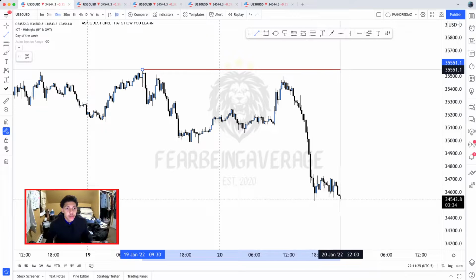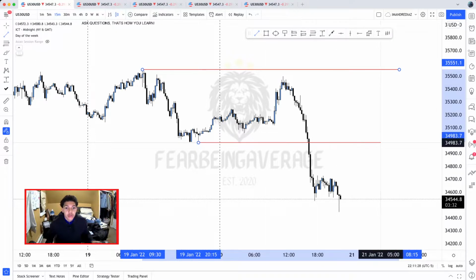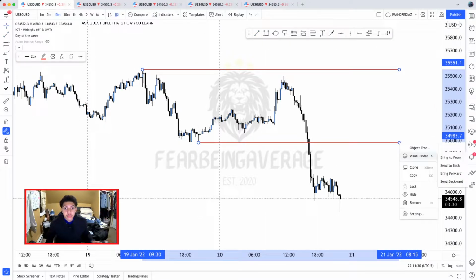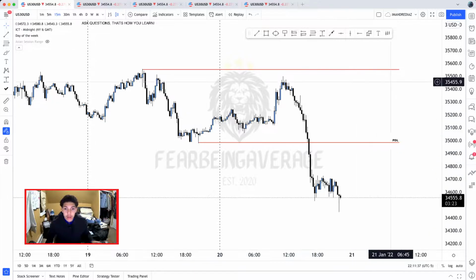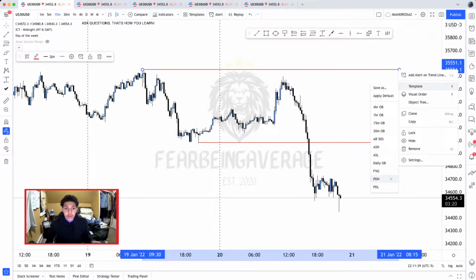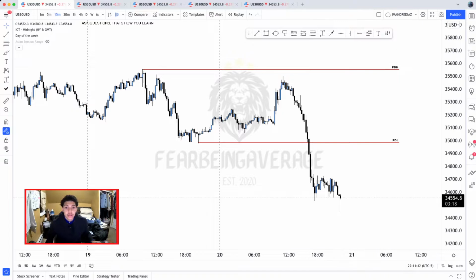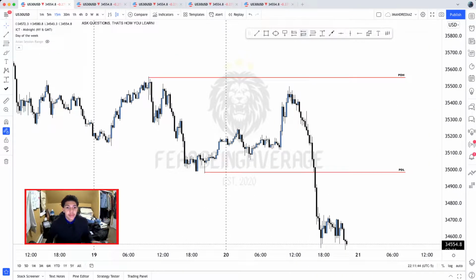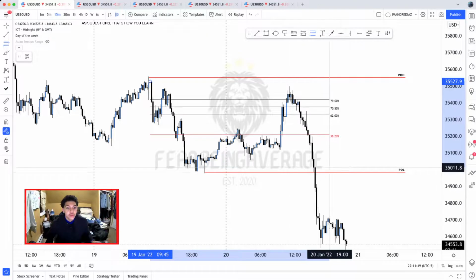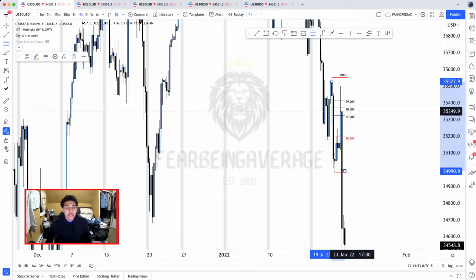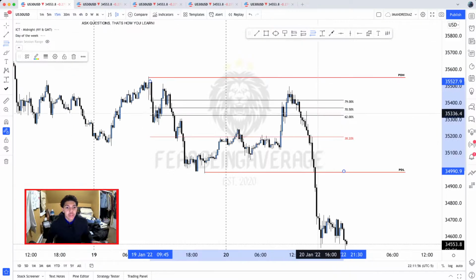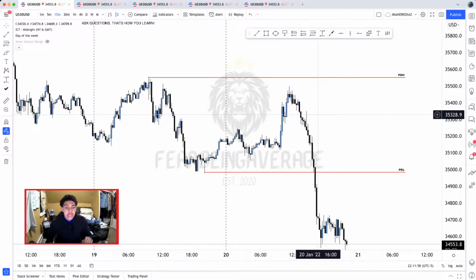So let's just mark up the previous day's highs and previous day's lows. The previous day's high is still intact. The previous day's low from yesterday, as you can see, got ran through, killed, slaughtered, pushed through, demolished, all the words you can think of. But the previous day's high remained intact. So second thing I'm gonna do, just to show you guys, if you pull the fib from yesterday's high to the low, you get something similar. If you come to the 4 hour, it did reject on the higher time frames, but based off of the lower time frames, this fib is invalid.